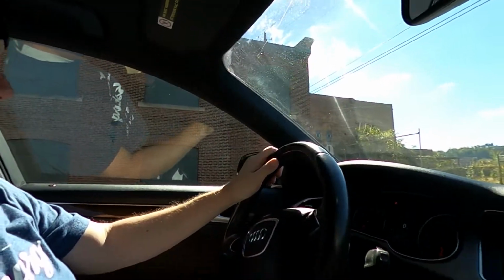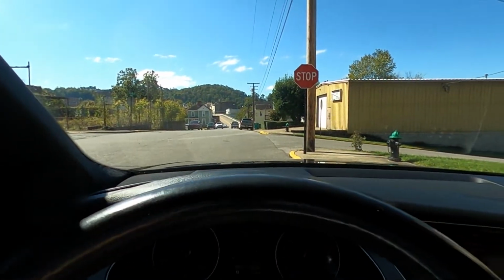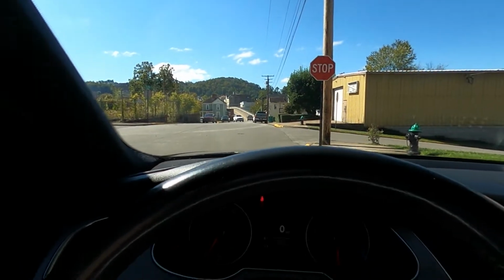This car is just very high quality. When you drive it, it feels very heavy. It feels very sure of itself. There's not a lot of road play or anything like that. And man, for a 2-liter 4-cylinder, this thing accelerates like a beast. I mean,